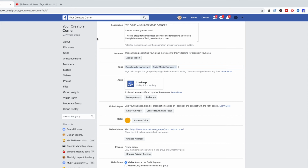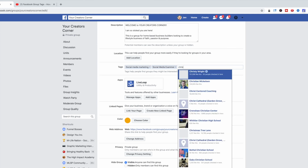So your group can pop up in search higher up in that feed. Basically, it's optimizing your group so it can be found. So another one, Christian